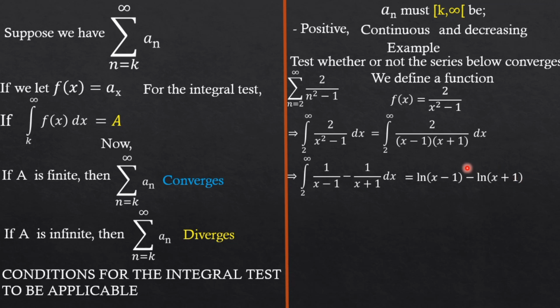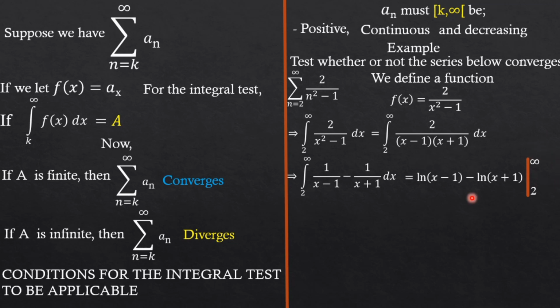plus 1. Keep in mind that on normal occasions, I am supposed to put absolute value signs in this natural logarithm, but since it is positive in the interval from 2 to positive infinity, guys, I don't need absolute values. Limits of integration, guys, will be going from 2 ending at positive infinity. Great. So guys, if we simplify this natural log function, since the natural log of a difference is simply the natural log of the quotient, and the limit as x goes